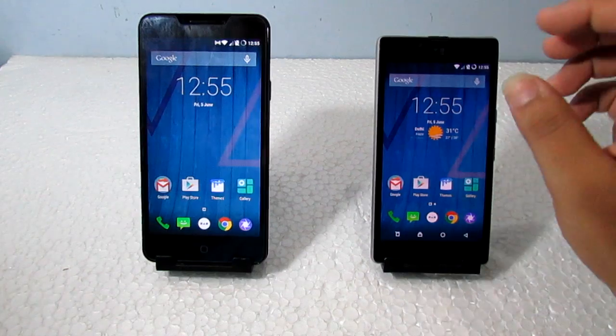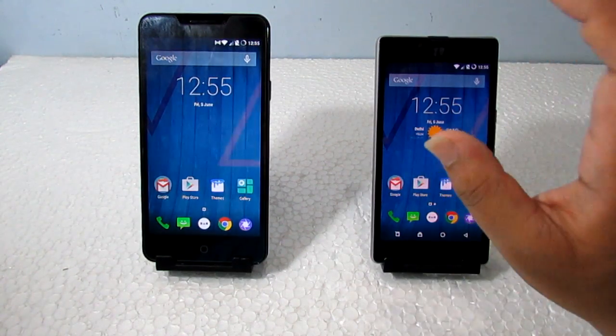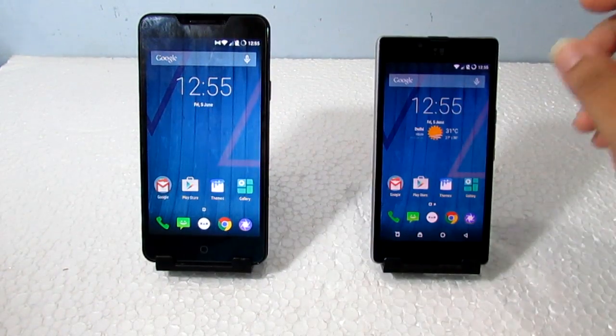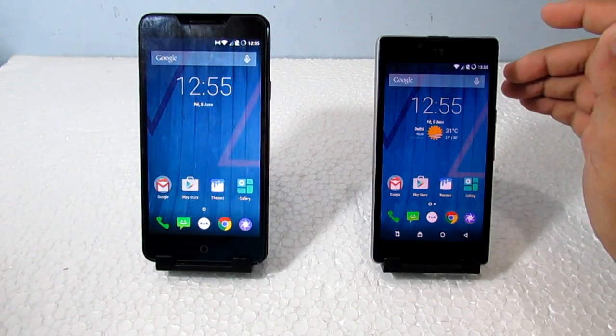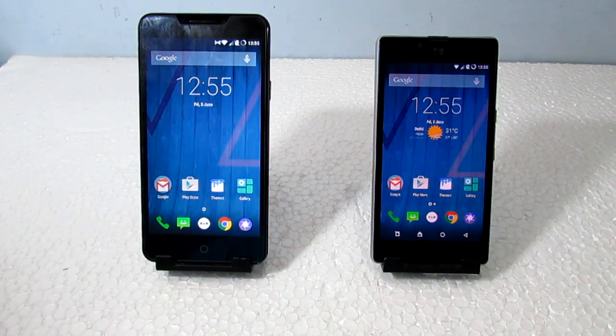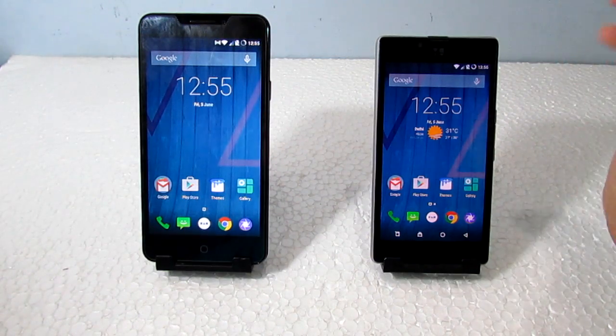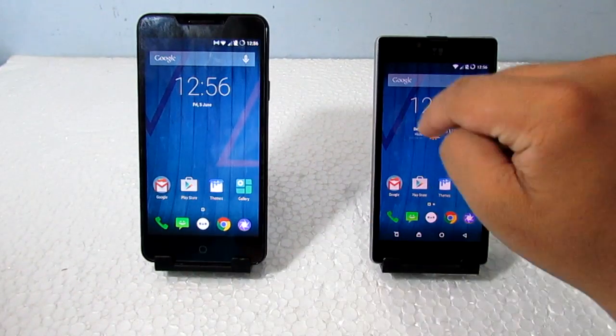If we talk about the camera, both of them have good cameras. This comes with a 13 megapixel back camera and a 5 megapixel front camera. This comes with an 8 megapixel back camera and a 5 megapixel front camera, but both front cameras are fixed focus and the back cameras are autofocus with a single LED flash. If we compare the quality of the cameras,